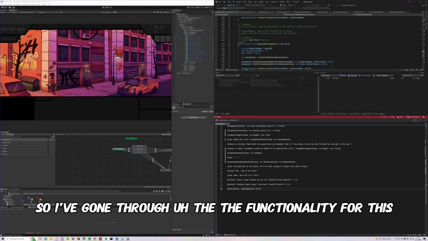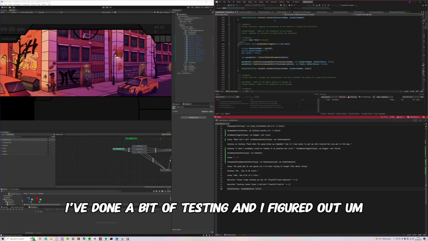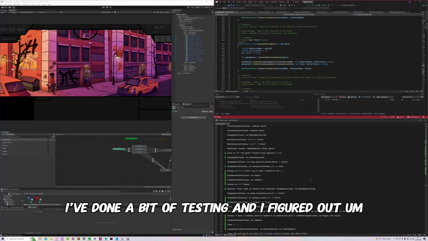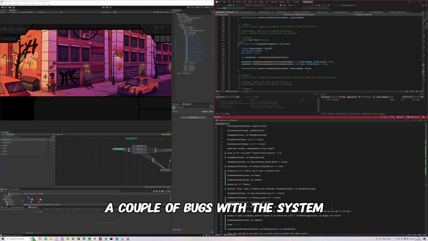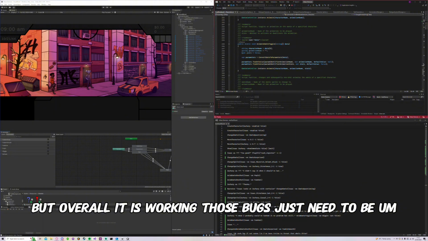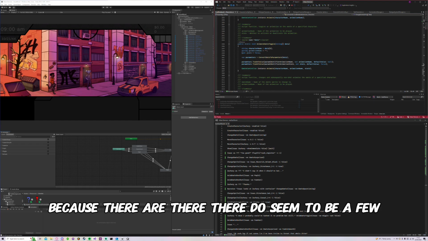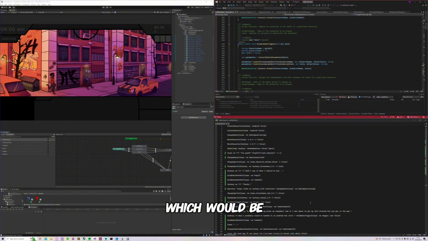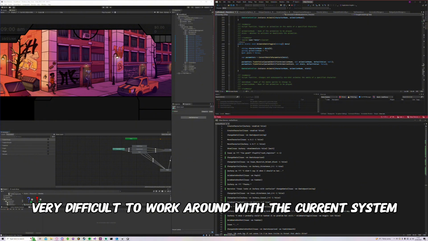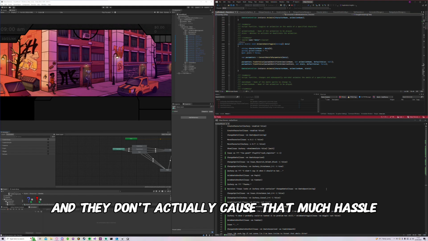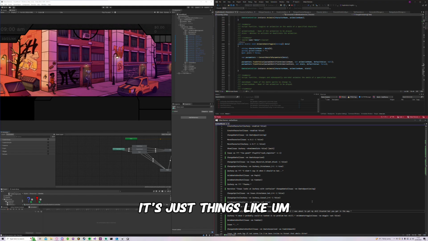Okay, so I've gone through the functionality for this. I've done a bit of testing and I've figured out a couple of bugs with the system, but overall it is working. Those bugs will just need to be either figured out or worked around, because there do seem to be a few which would be very difficult to work around with the current system the way it is, and they don't actually cause that much hassle when writing the script. It's just things like